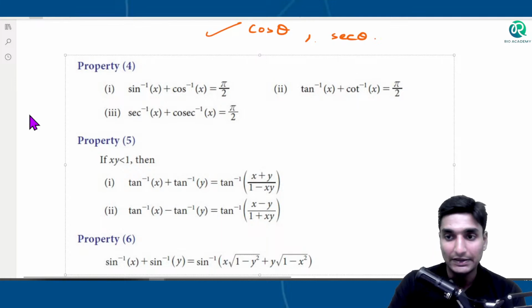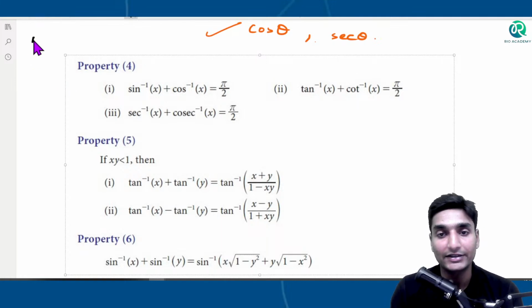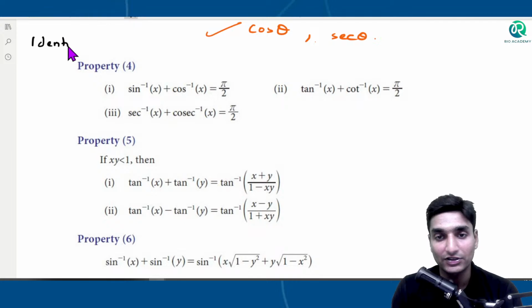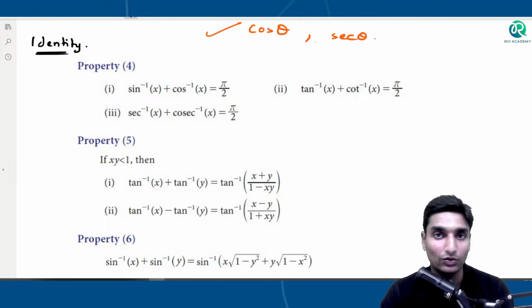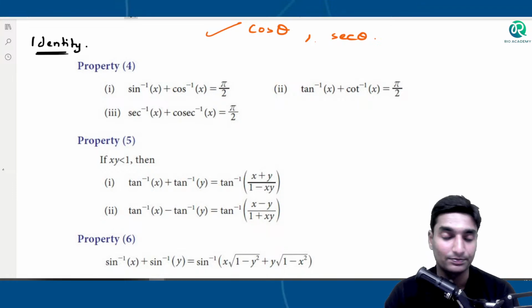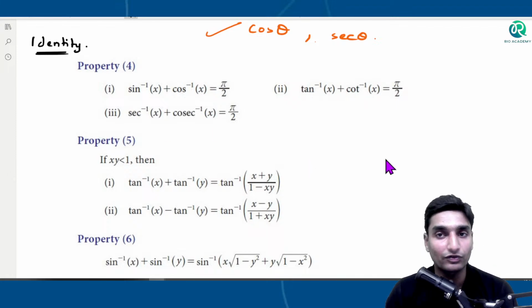So see here, guys, as you might have seen the identity functions in the normal trigonometric functions. Okay, sine square plus cos square is 1, 1 plus tan square is secant square, 1 plus cot square is cosecant square. Those were the identity functions. But here in the case of inverse functions, guys,